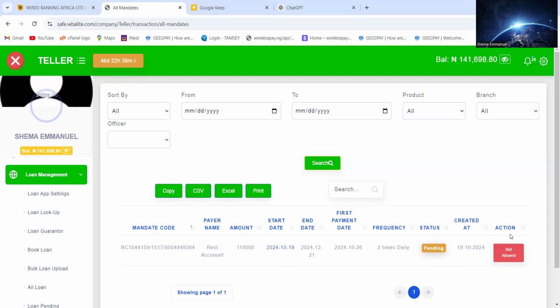Of course, on the action aspect of it, where you have not allowed, there will be a button which simply allows you to also try to debit the account manually. So this simply means that if the system is only allowed to run at least 3 or 4 times, using this manual option allows you as a lender to manually attempt to debit the customer's bank account directly. To prevent misuse of the service, we disable it by default. So by default, you will not be able to initiate